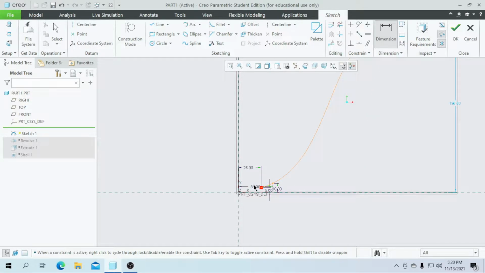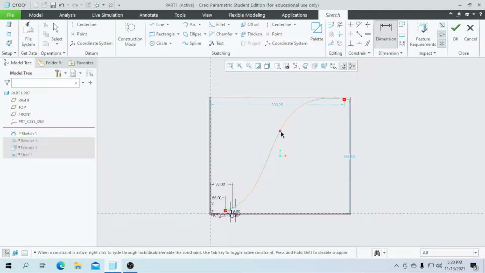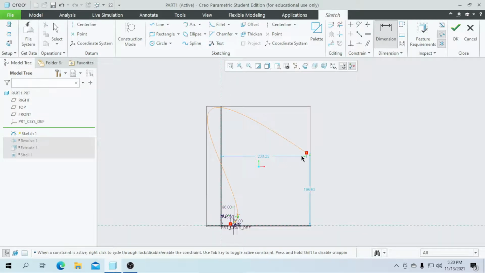To make sure the dimensions are clear, just drag it like this for the clear reference. Go for the dimensions, select the second point and this horizontal line. I need this height to be a value of 30 and this distance to be a value of 45. Then select this point and this horizontal line, go for the dimensions.